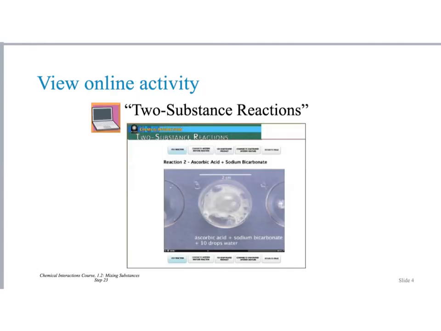One handy tool to use is in your FOSS web application, www.fossweb.com. Don't forget to put your school email and password to log in. Under multimedia for chemical reactions, there is a video called Two Substance Reactions. If you click on that, you'll get to do virtual experimentations of the 7 experiments. But really, we're just looking for the three